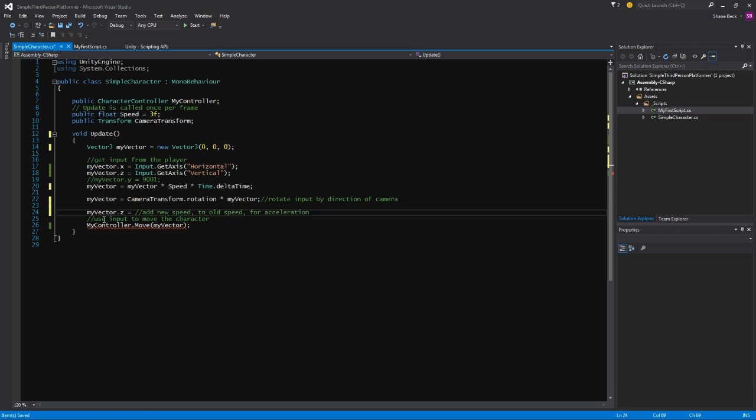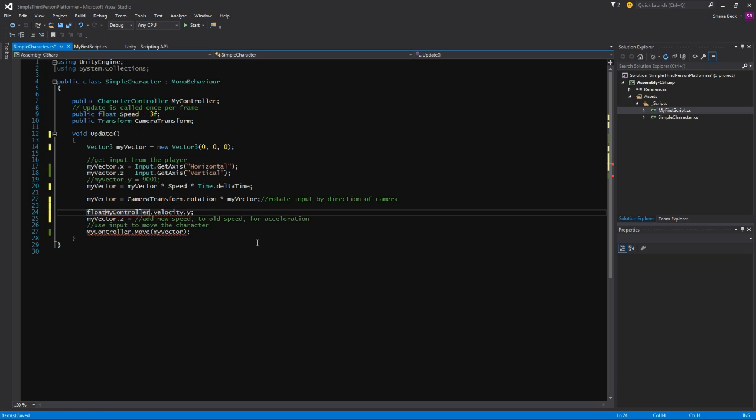So how do we get the old speed? The character controller can actually help with that as well. So if we type out myController and hit dot, you'll get another menu that pops up. It conveniently has something called velocity, and that is a Vector3, which is just like our myVector up here, which means that we can access its x, y, and z components separately. And what we want is the y direction, because that's up and down, and we want how fast it's moving in y. So we will retrieve that, and then down below, we need to set it to a temporary variable,